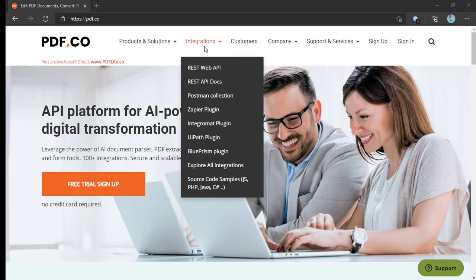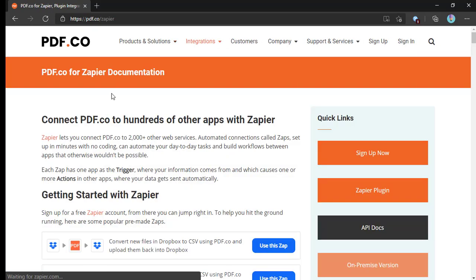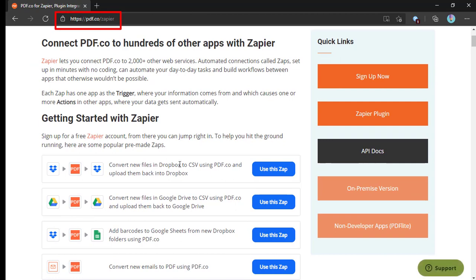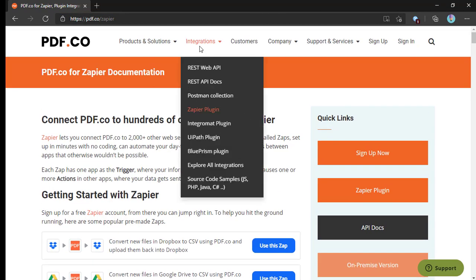For example, if you want to use PDF.co with Zapier, you can explore this page, and here you can find ready-made Zaps made by PDF.co. It also provides other integrations, almost all kinds of plugins.